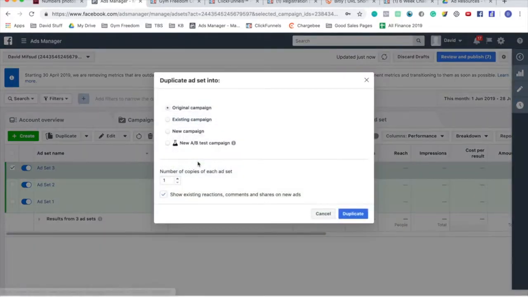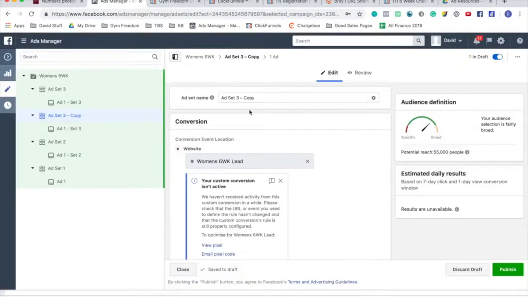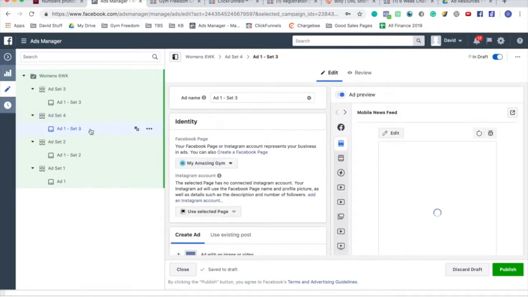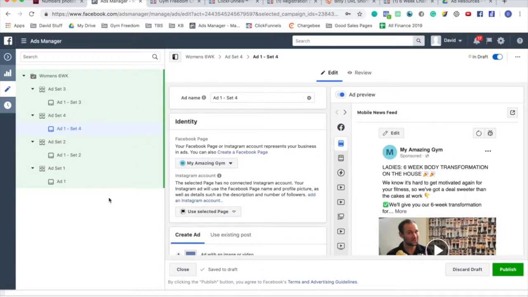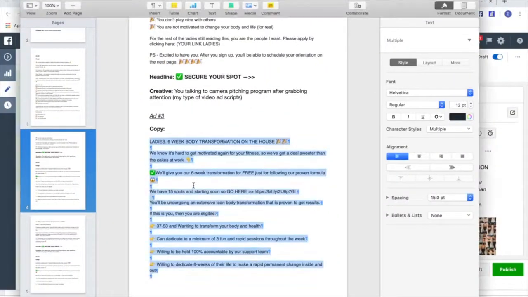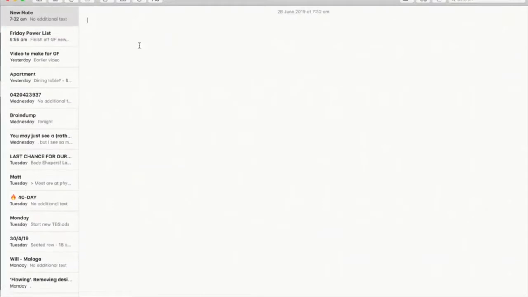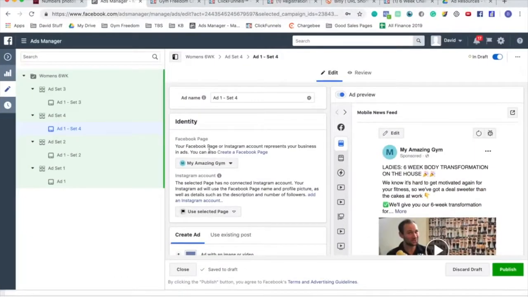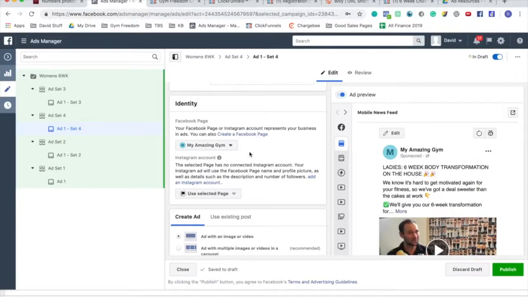Now we're going to duplicate this. Let's call it ad set number 4. And then ad 1, set 4. If you want to make some notes for this of which one each is, you can. It's all going to be here, but if you want to make some notes in your computer, like ad setup stuff, ad set 1 equals long copy group image, just so you know when you're testing. Ad set 2 equals long copy pitch video. Might be worth keeping an eye on this stuff, but you can always go in and check really quickly on Facebook too once you set it up, just so you can keep your head around as we're going. Number 4,